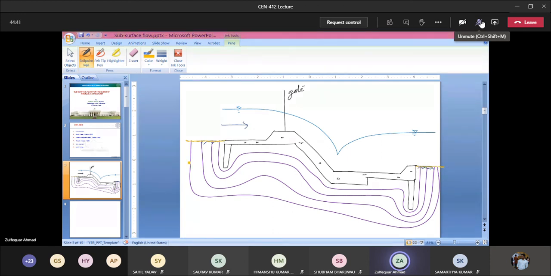And in between, of course, the flow lines, right, and the equipotential line, that will be perpendicular to each other, okay. और ऐसे प्लॉट करते हैं ताकि ये एक स्क्वायर बन जाए। So these are your equipotential line. और ये जो है आपकी फ्लो लाइंस। तो जो ऊपर का फ्लो होता है उसके साथ साथ जो है नीचे भी फ्लो करती है, राइट।